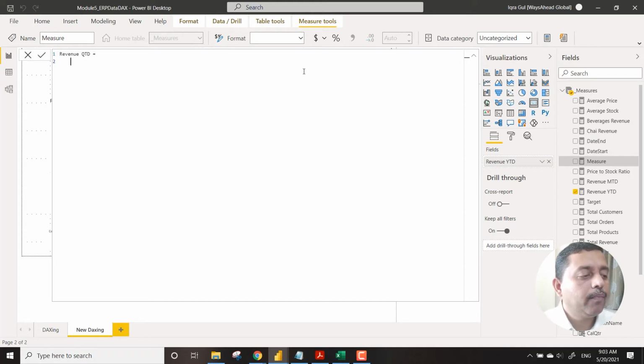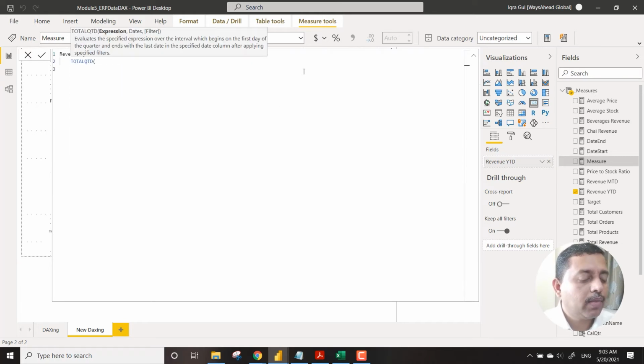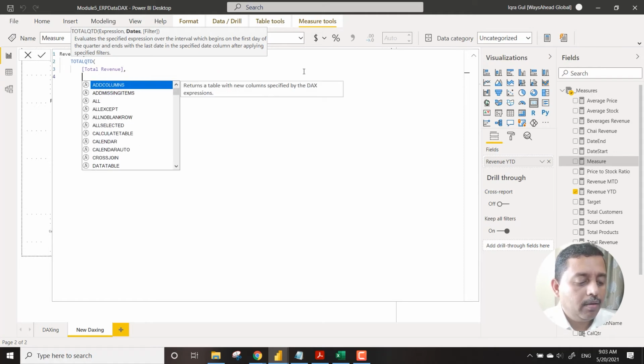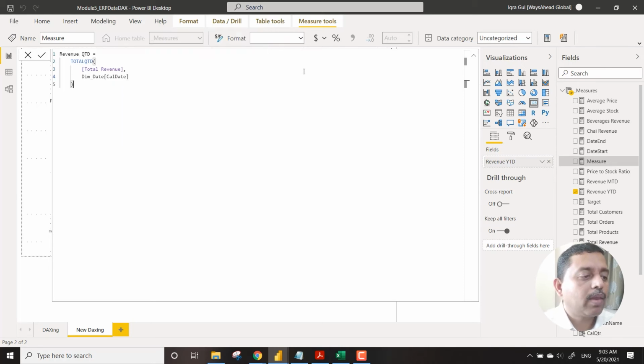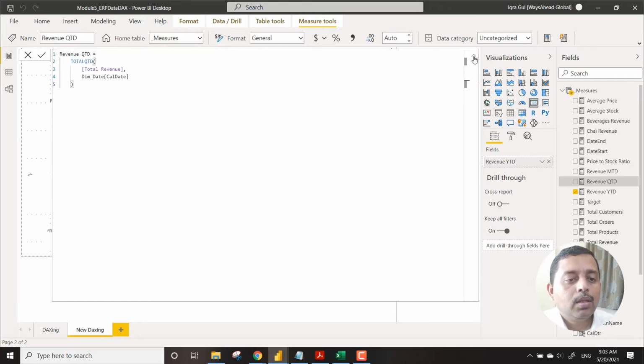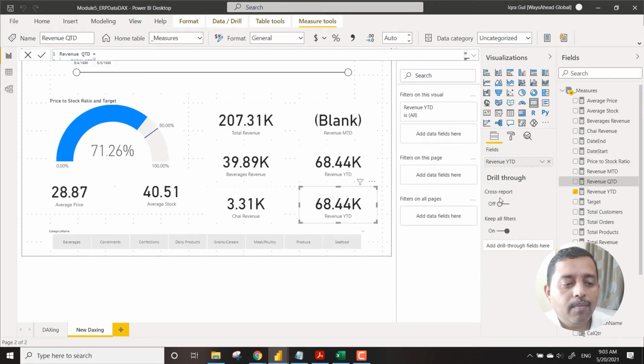So revenue QTD, and we say TOTALQTD, and we say total revenue, and then we say I need the cal date. So three of the dates are here, and we bring in the total QTD. Also it comes. MTD I would discuss why it is not coming in a short while.